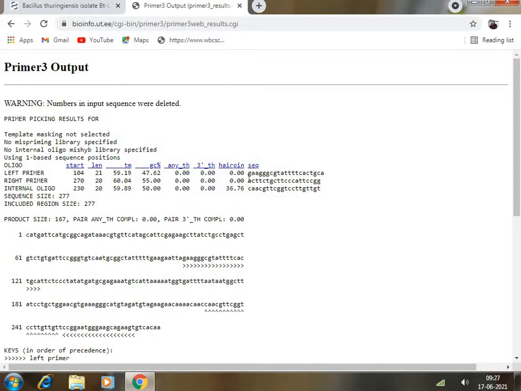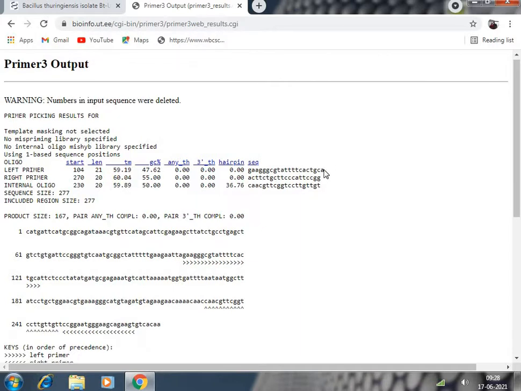And you can see this particular GA, GGG, CT, the percentage of GC content is 47.62, it is okay. In case of right primer, the percentage of GC is 55, that is also okay, because whenever you are choosing a primer, the concentration of GC must be between 40 to 60%, so it is within 40 to 60%, and the concentration of GC in the oligo is also 50%, so all of these things are okay. And there is no hairpin structure present, 0 for the forward primer, and for the reverse primer no hairpin structure is available.